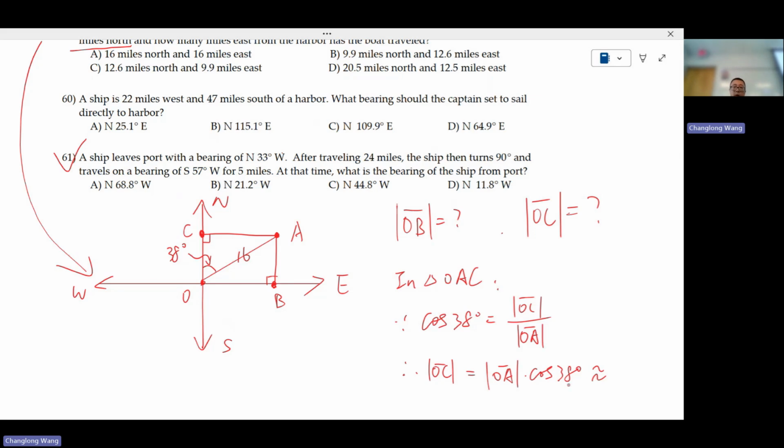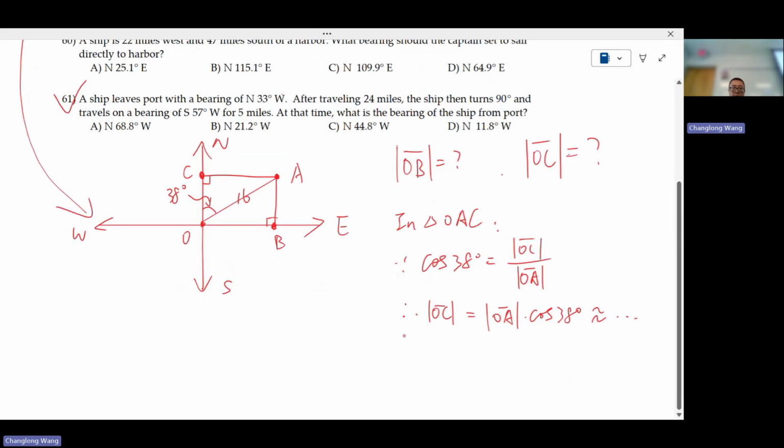Otherwise, you're gonna have the answers way off. But it's good, it's multiple choice, right? If you do get something that doesn't even match at all, that means you're probably in a different mode, right? Anyway, if you work it out, that will be the number of miles of the boat to the north of the harbor, right. And you do the same thing for the